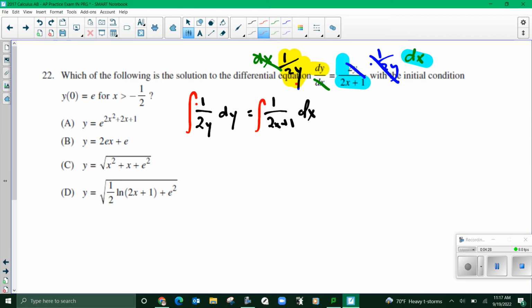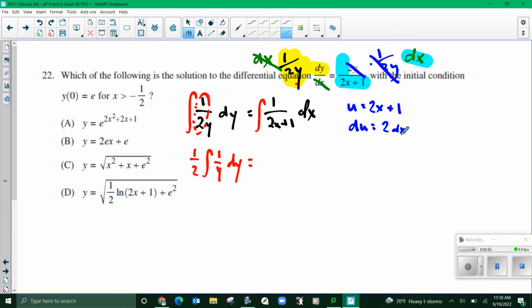I'm going to pull my 1/2 out as a constant. So it's going to be 1/2 the integration of 1 over y dy equals, we really should do a u sub on this right side. I mean, I can do it quickly in my head, but let's say u equals 2x plus 1, du equals